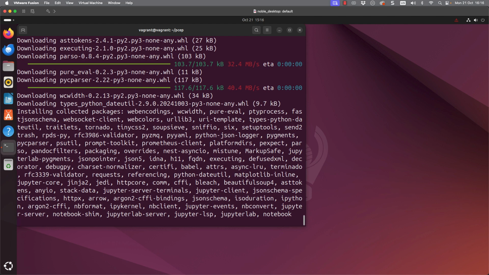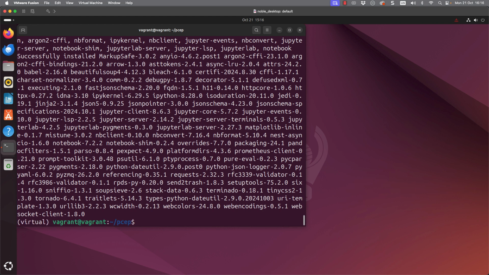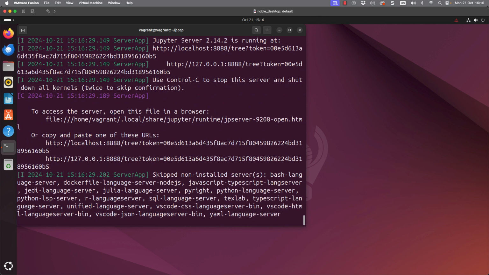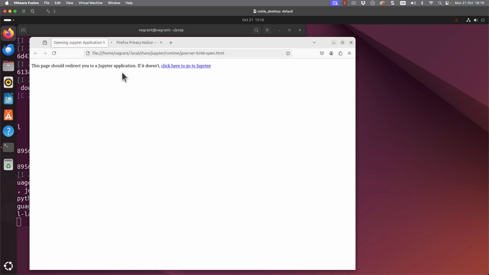the notebook package. Now again, there'll be many packages that are a requirement for this, so it might take a little while for it to install, but once installed, we can then fire up our Jupyter Notebook. So it's going to be jupyter notebook, and this will fire up the Jupyter server, but also open up my browser, taking me through to the server.